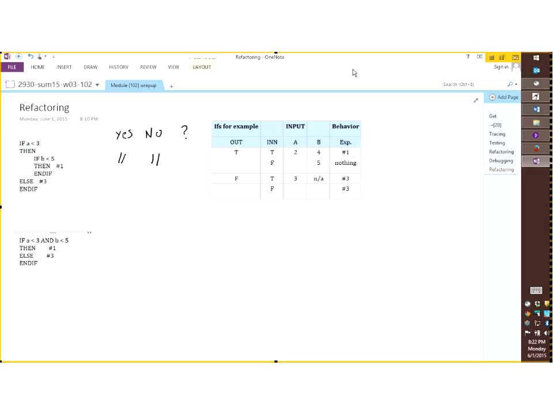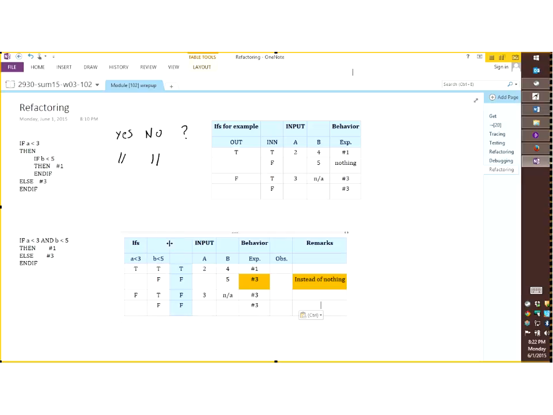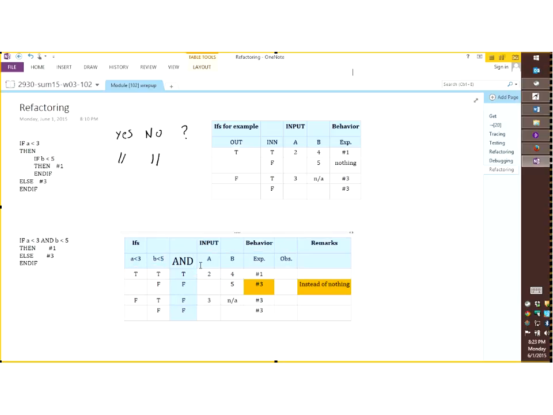All right. Now let's take a look at this one here. Same thing. I'm going to fetch the test table, and I'm going to try to do another cut and paste. All right. So as we did before, I look at the condition A less than 3. It's a composite multi-term Boolean expression. So A less than 3 is the first term, then B less than 5. And then this is the whole thing, the logical AND between the two. So I go through all the possibilities just like I did above.